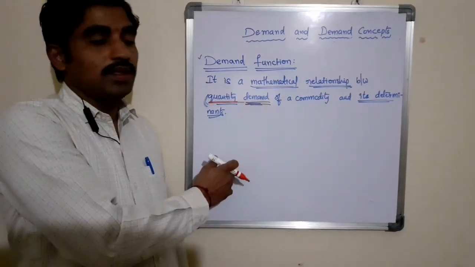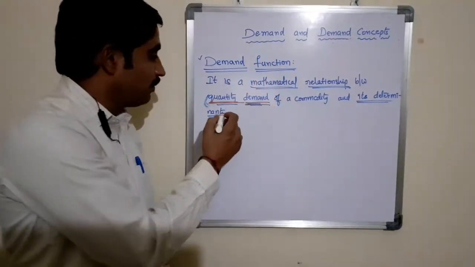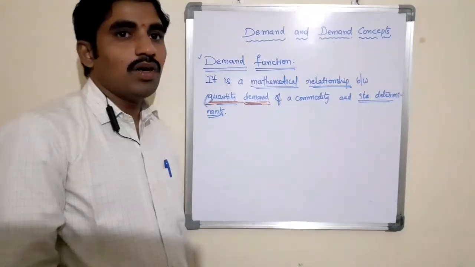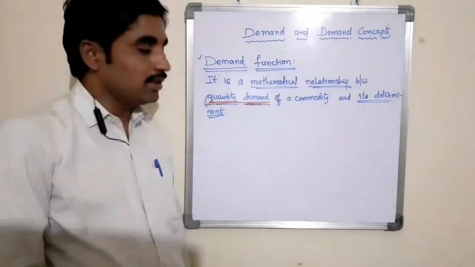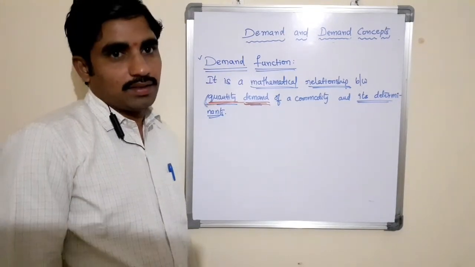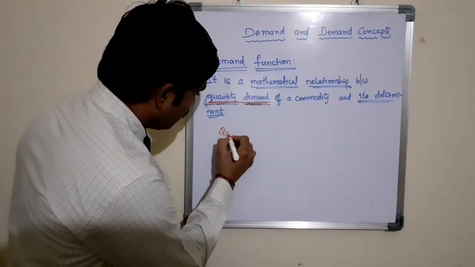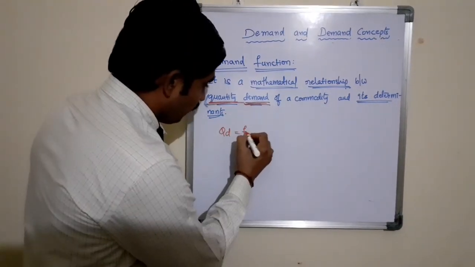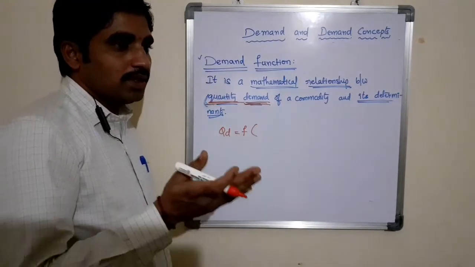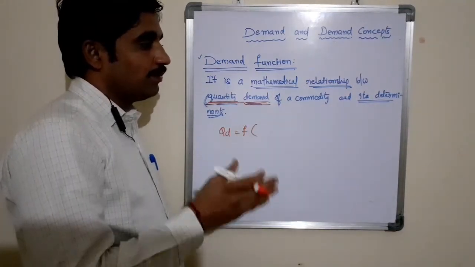So here, as I said, the demand function is a mathematical relationship between quantity demand and its determinants. How will this function be written? Let us see now how the function is written in mathematical manner. That is QD equals F of, and here whatever determinants of the demand we discussed until now will come